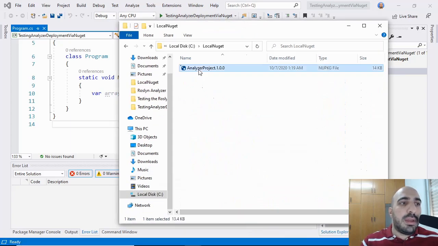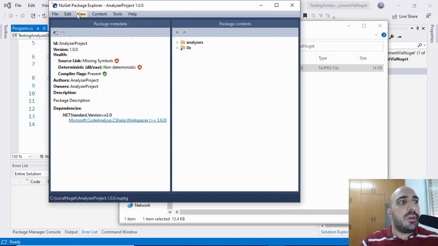So here's the NuGet package, and let me open it with a program called NuGet Package Explorer. You can use this program to inspect NuGet packages. And here on the right, it shows you the folder structure. And let me expand it here. So here we have the analyzer project DLL inside the analyzers/dotnet/cs folder, which is what we want to have, right?